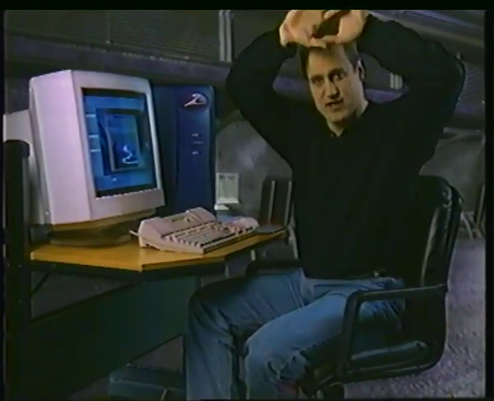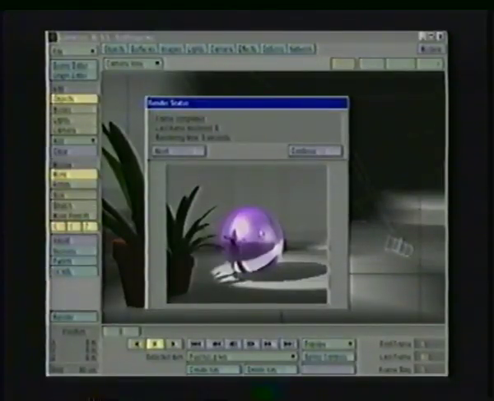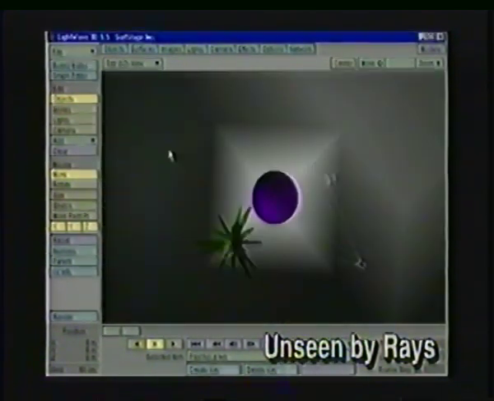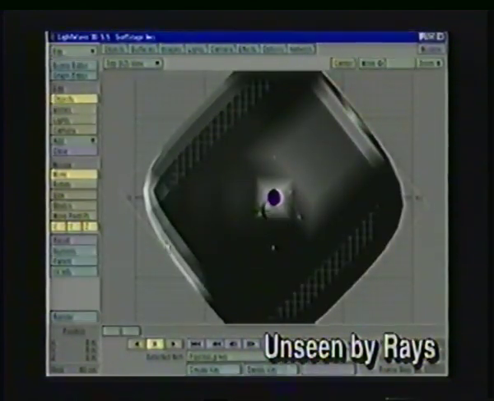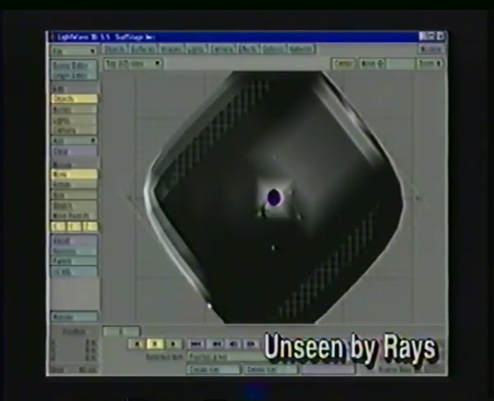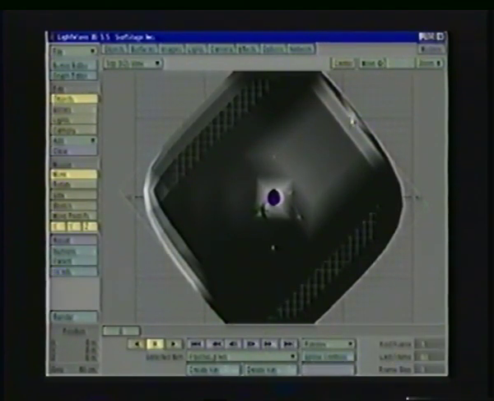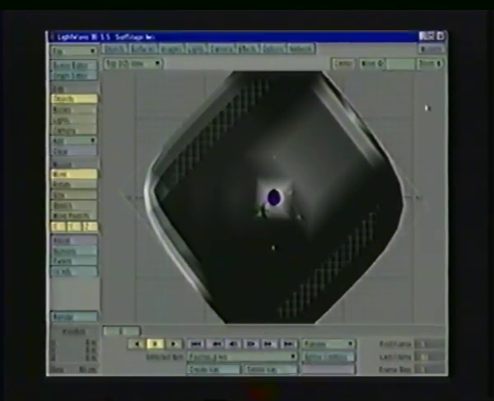Well, that's because we have the cyc in our scene, this large background white object, and then we have the reflection map, which is a very large spherical reflection map around the outside of the world, but the cyc is obscuring that reflection map. So how can we fix that? Well, let's come back into our layout here, and again, this big cyc in the background, as we can see from the top view, is very large, and it's actually all the way around the object. So all rays that are bouncing off that surface are actually calculating for this object. So we need to hide this object from the rays